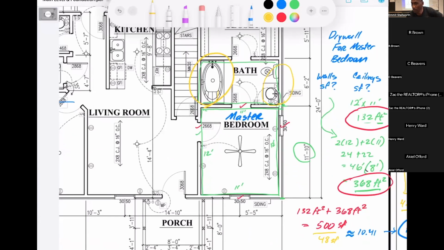Water. Thanks, guys. Water. Yeah, water's coming out of them, right? So what does that mean we got to do? Well, we're going to use regular sheetrock on those fixtures? No, they need to be